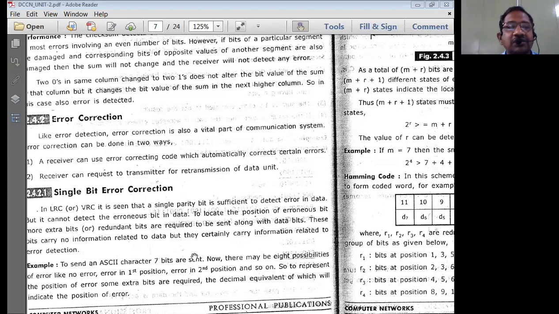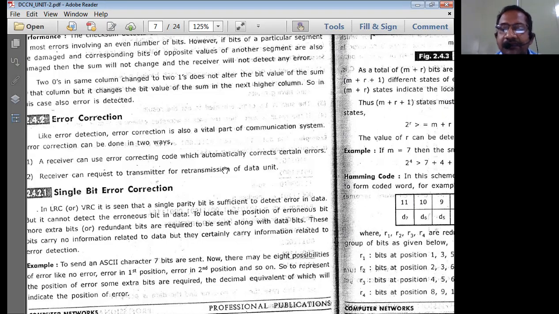There are four basic techniques of error detection: the vertical redundancy check, longitudinal redundancy check, CRC code, and checksum. Among these four, CRC and checksum are the very popular techniques for industry implementations. CRC is mostly used, and checksum is also mostly used in the industry. Therefore, in the exam also, these two methods are very important to understand. That is why I discussed one problem on the CRC and one more on the